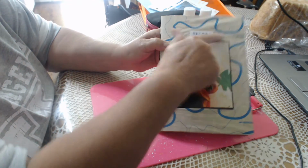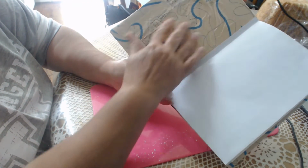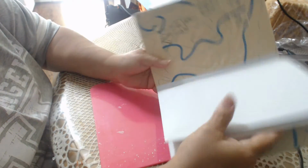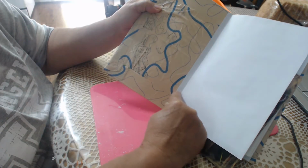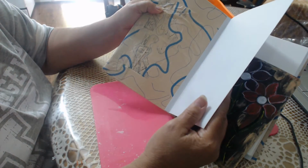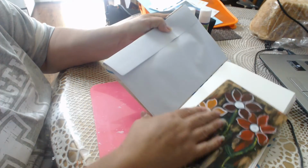This is a label maker I've already had. Now I had some bits and pieces of the Brooks tissue paper left over, so I put it inside like that, just to cover up the insides. What I also did was I had two envelopes and I gave it about 1 centimetre here, folded it with my bone folder, and then I glued it in. It just fit perfectly inside